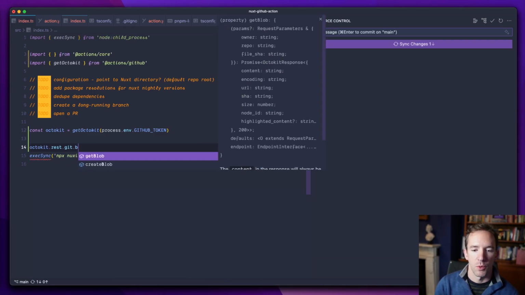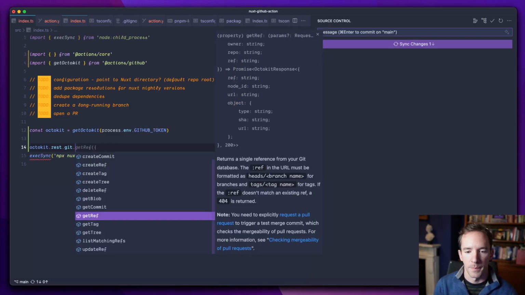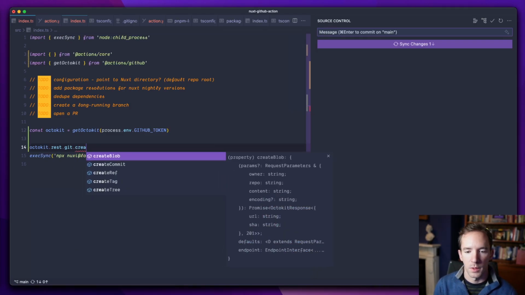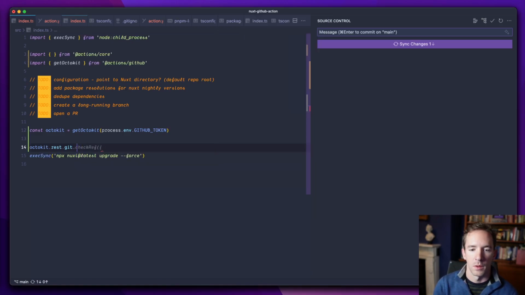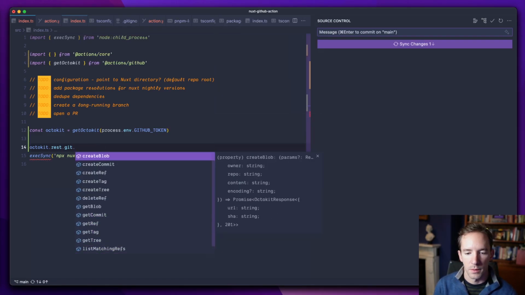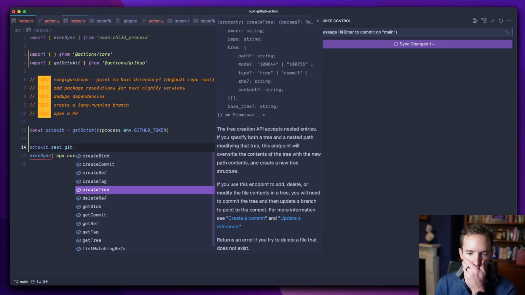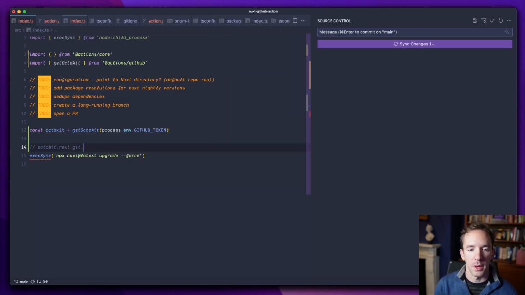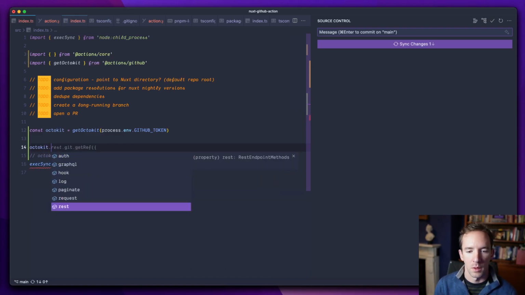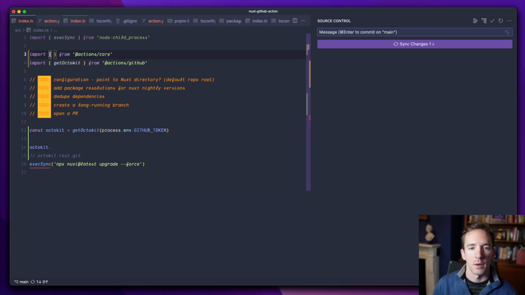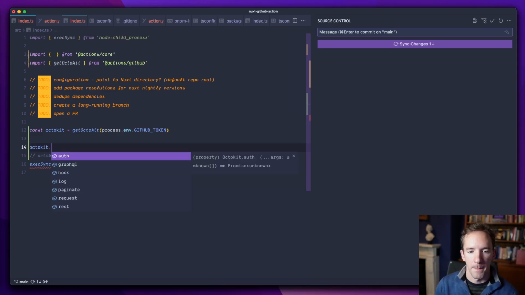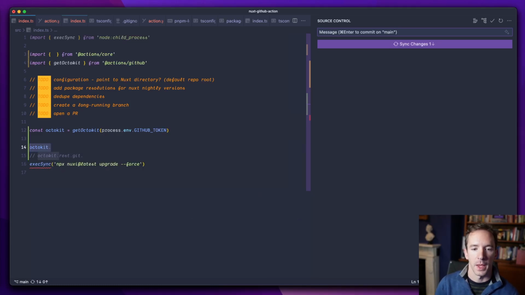Okay, get branch. Interesting. I guess this is for interacting with GitHub, I guess. Okay, we can just do that locally, I suppose. No. Can we do that here somehow? No. Okay, so I guess